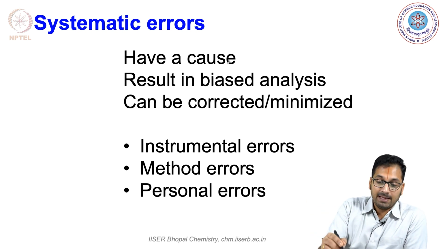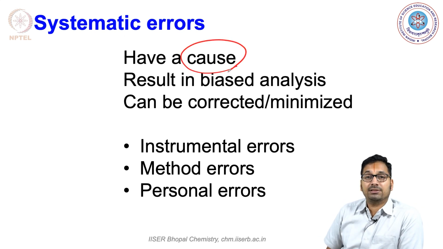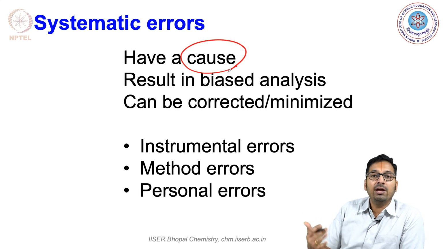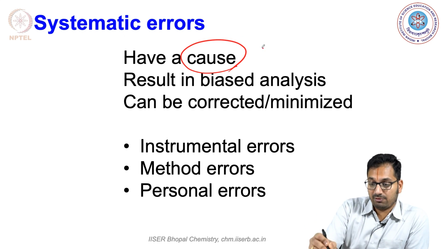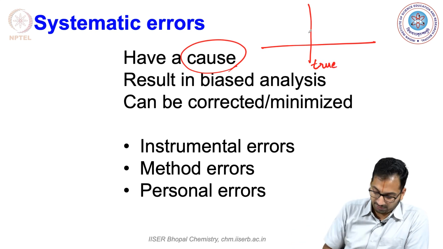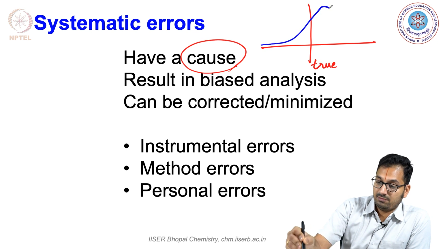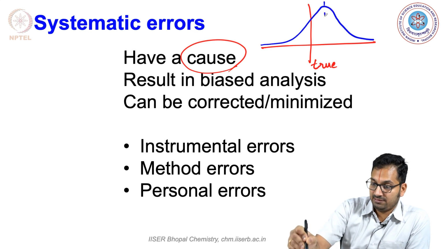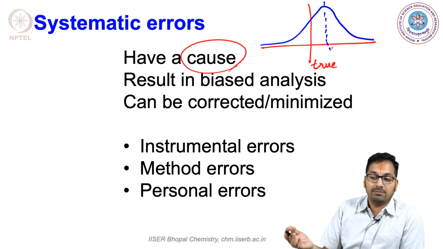So let's start taking a look at more specifically how these errors come up. If you take a look at systematic errors, there is always a cause associated with the systematic difference that comes in the way you are evaluating. And remember this kind of a shift. So let me draw the distribution again. Let's say this is the true value where you expect the true value to be, on the line that has been drawn, and let's say the actual distribution comes across like this, whereas this is the measured value. Of course, we always refer to the mean as the measured value.